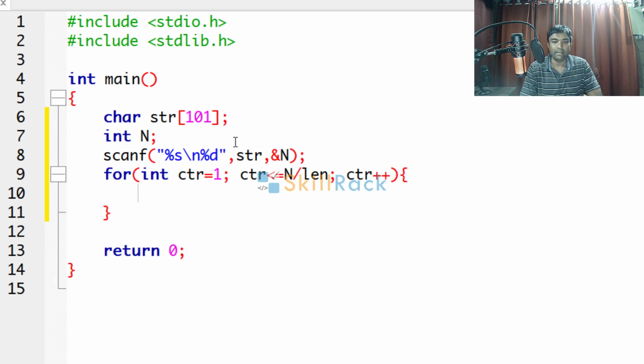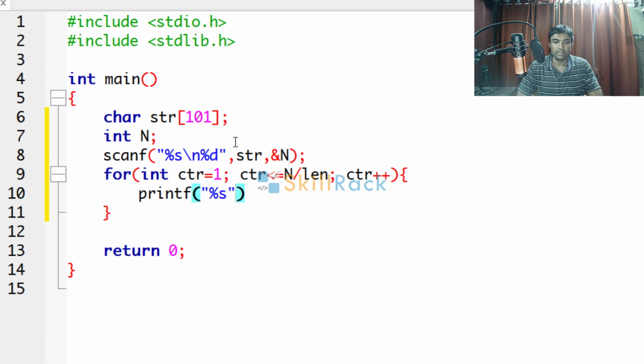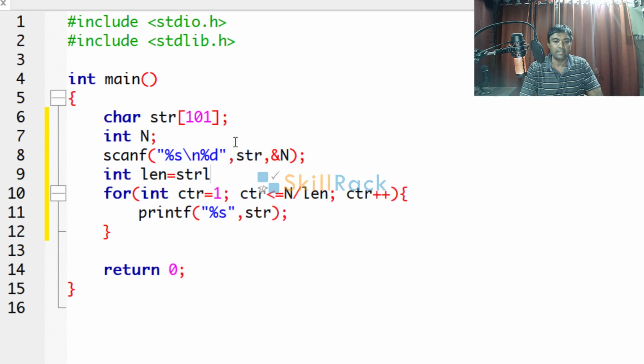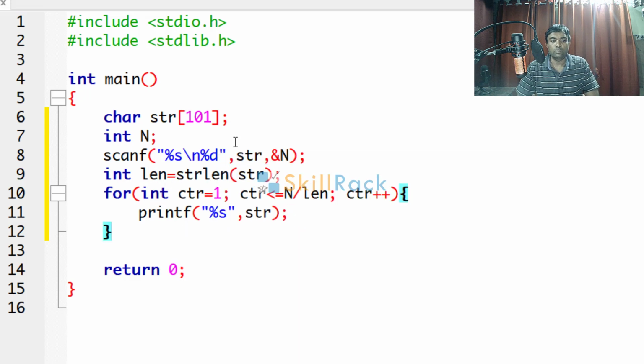So that many times we have to print the string. So we will say %s, str. But we have not calculated the length of the string. So let us declare the variable and then say len is the length of str. So now repeating the string n by len times is complete.